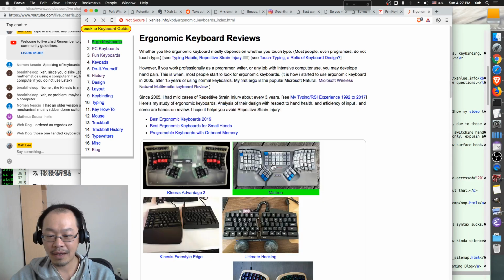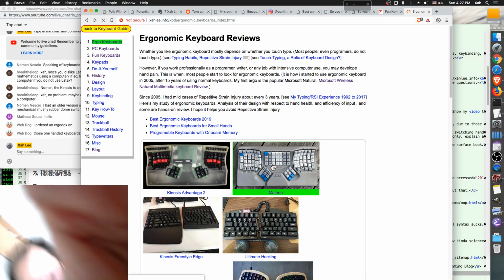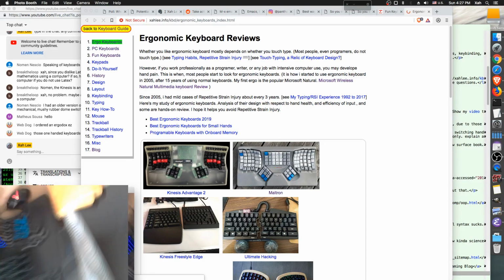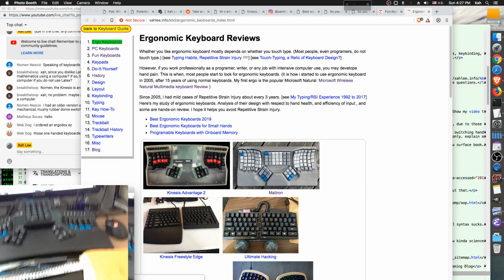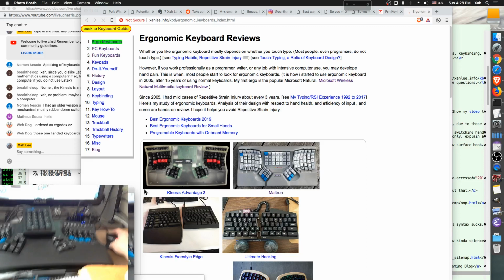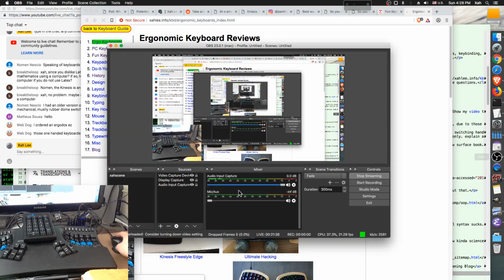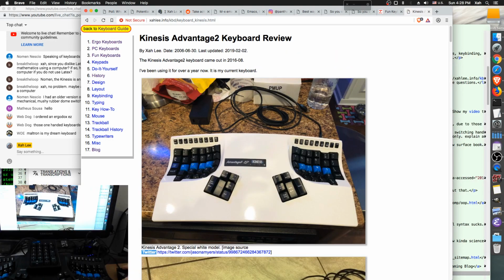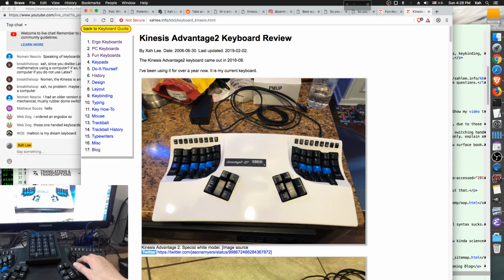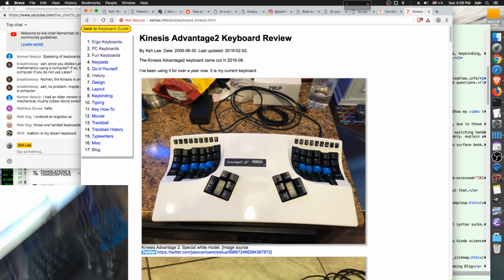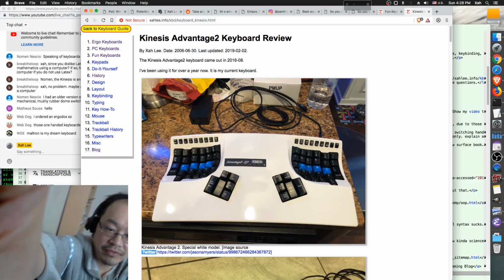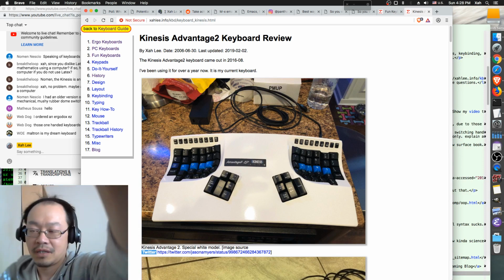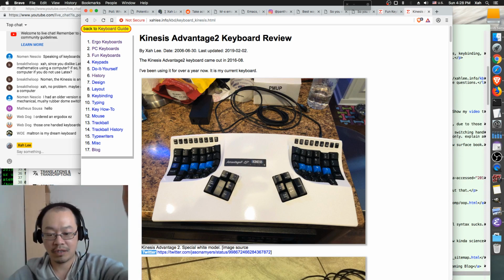Yeah, I'm going to show you some videos as well, but you can see, I have a Kinesis keyboard here, which is like this one. That's what I have. I put my hand here. Actually, if you want to, I did a video of the Kinesis keyboard and a couple of my other keyboards. It's on YouTube, so you can just go to my YouTube channel and you'll see it.